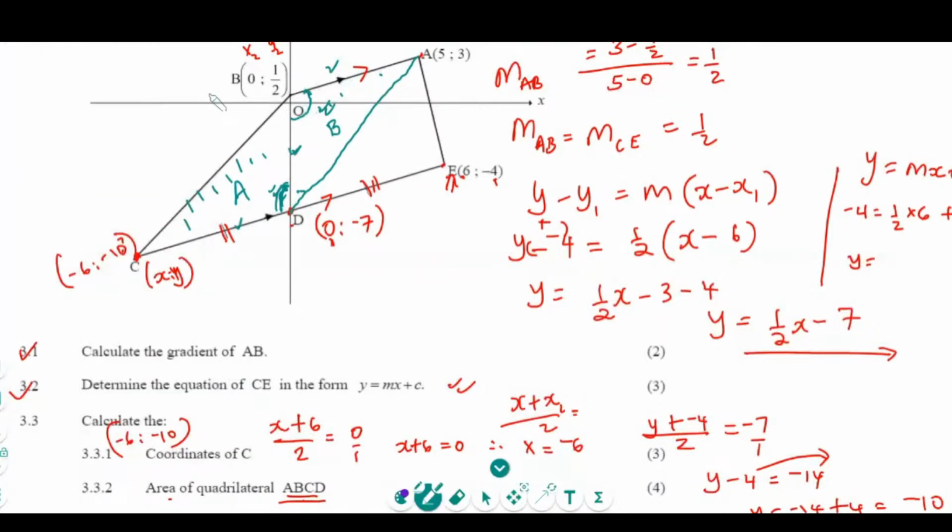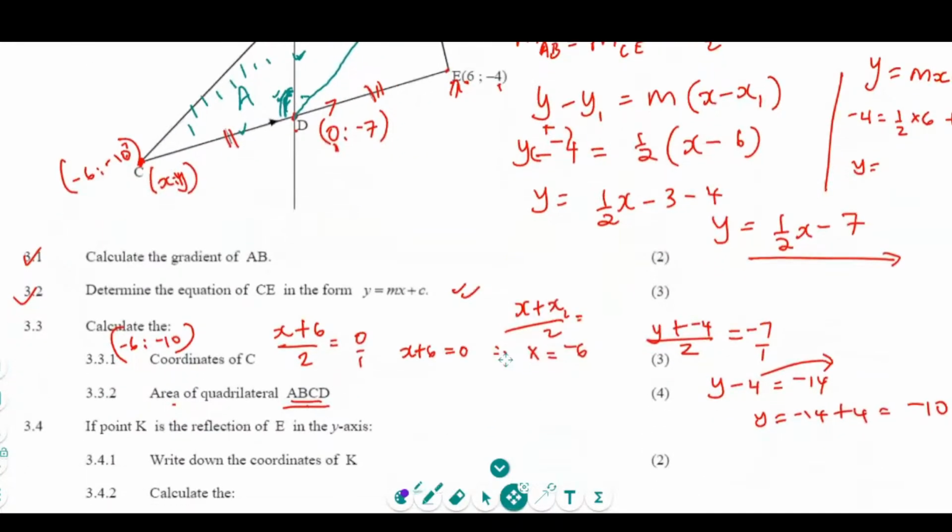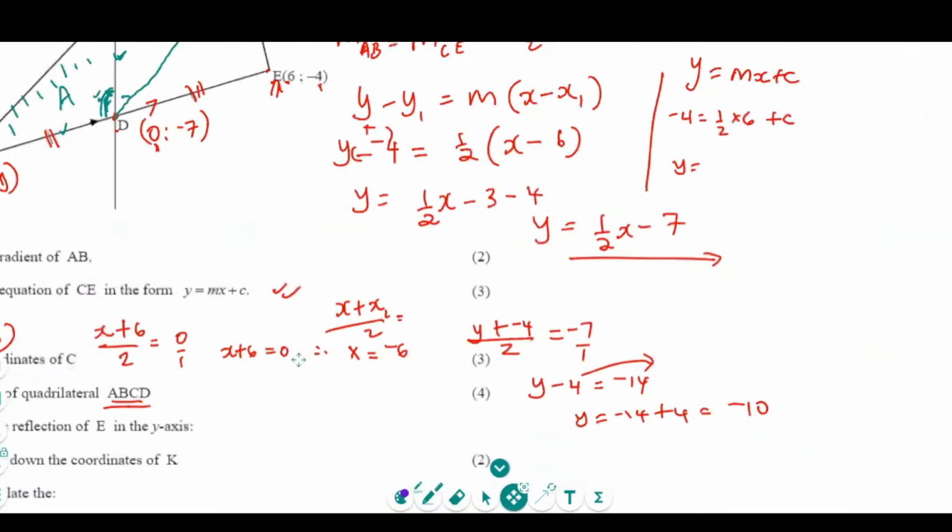If I draw a horizontal line parallel to the x-axis, I find the angle of inclination. Of course, I know my gradient of AB, it's a half. So from that, we can say